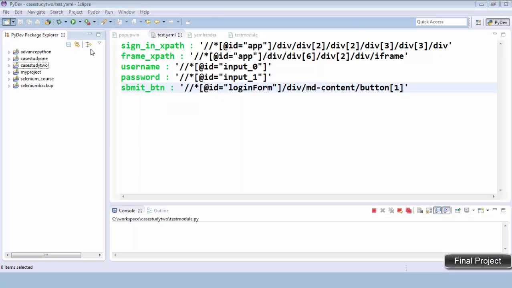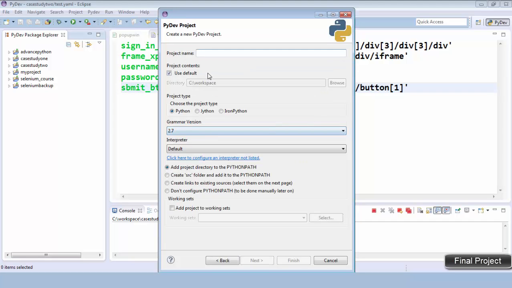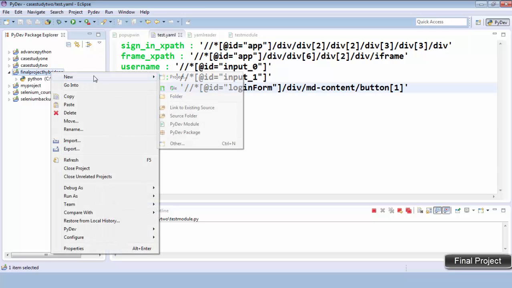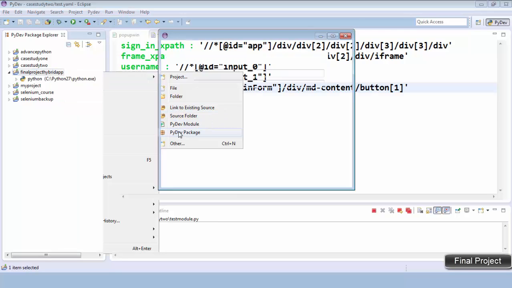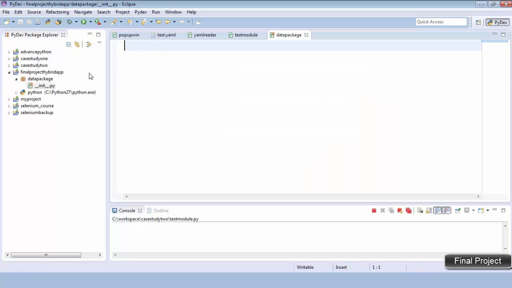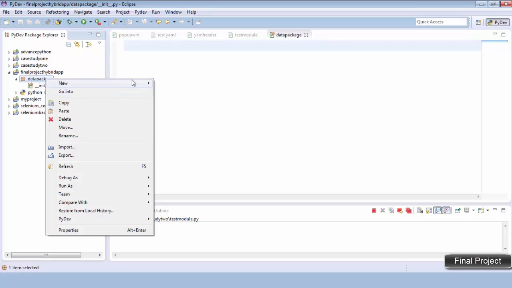I will create a new project. Let's say PyDA project, and I can write final project hybrid approach, and inside this I will create a package which contains a YAML module and my data. So let's say I will create a source folder PyDA package. So here I can write data package. So this contains data here, and I can create a YAML file here,